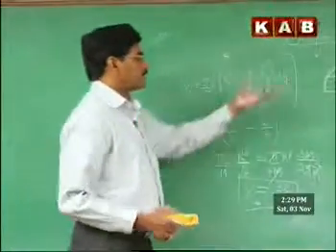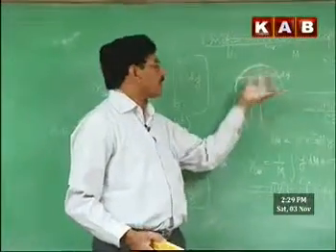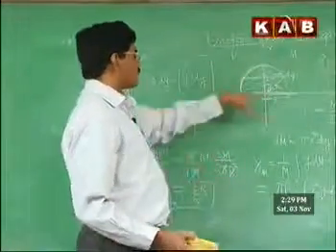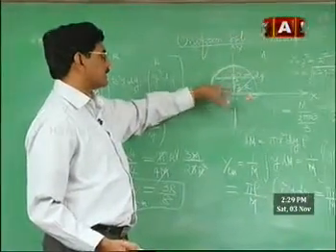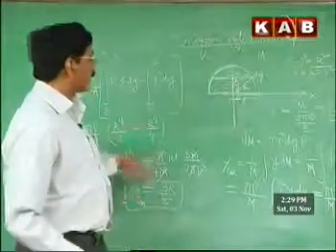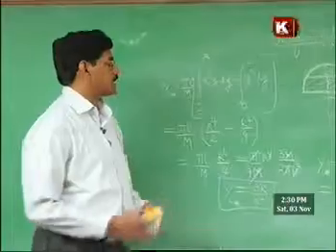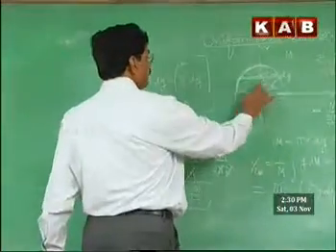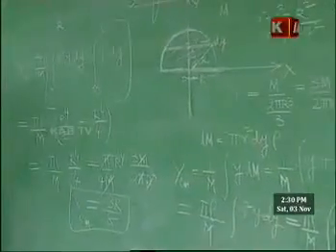When the hemisphere is a uniform solid hemisphere, symmetric to the y-axis, placed with its base at the origin on the x-axis, the center of mass will have only a y-coordinate, whose distance from the base is 3R by 8. YCM is 3R by 8.